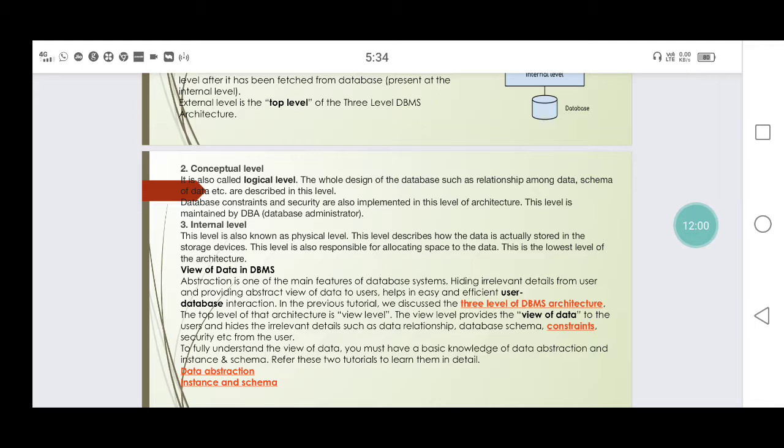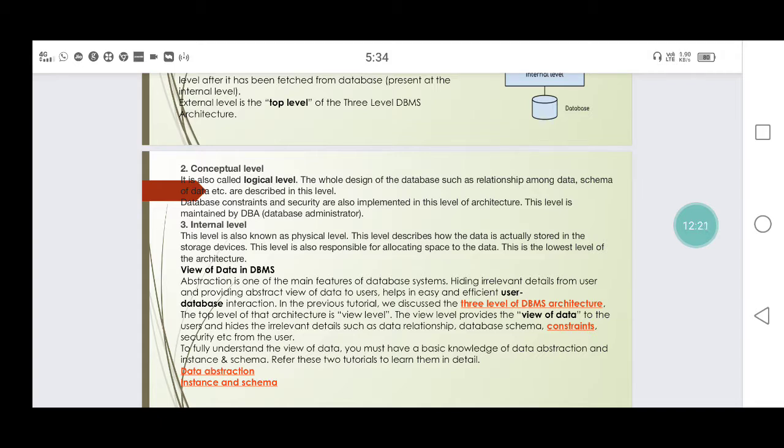This level is maintained by the database administrator, who is responsible for the entire database. The entire logical structure of the database is in the conceptual level.